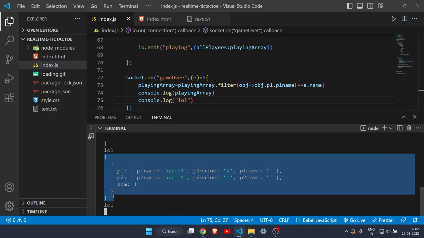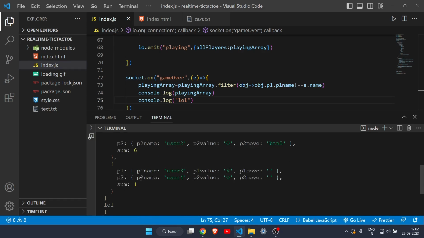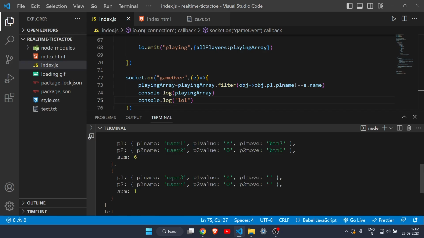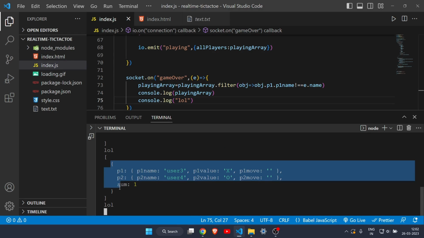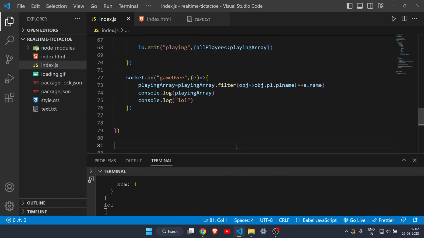So firstly there were two elements, user 1 user 2 and user 3 user 4, but after winning the game there is only one element, user 3 and user 4. So that means the deleting part is also working,